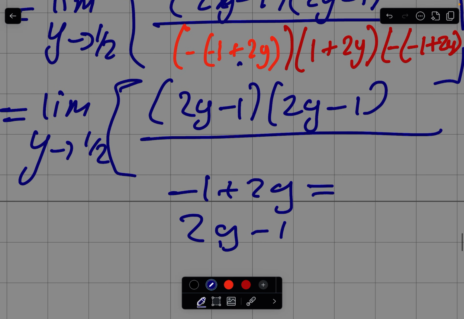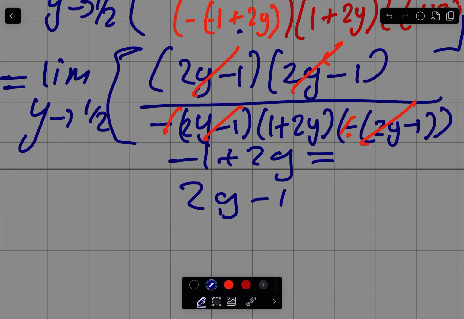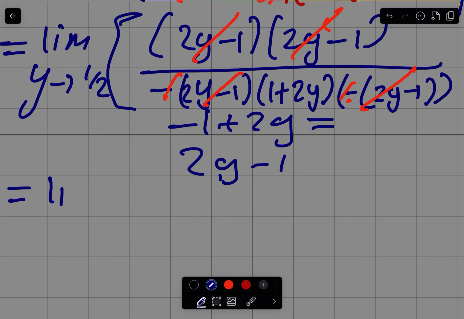So meaning I'm going to have what? I'm going to have negative into what? Negative into 2y minus 1 multiplied by 1 plus 2y into what? Negative into this one. I'm also interchanging it. We are having 2y minus 1. Therefore we know this one cancels this one, this one cancels this one. The negative times negative is positive. Understand? Then we remain with the limit